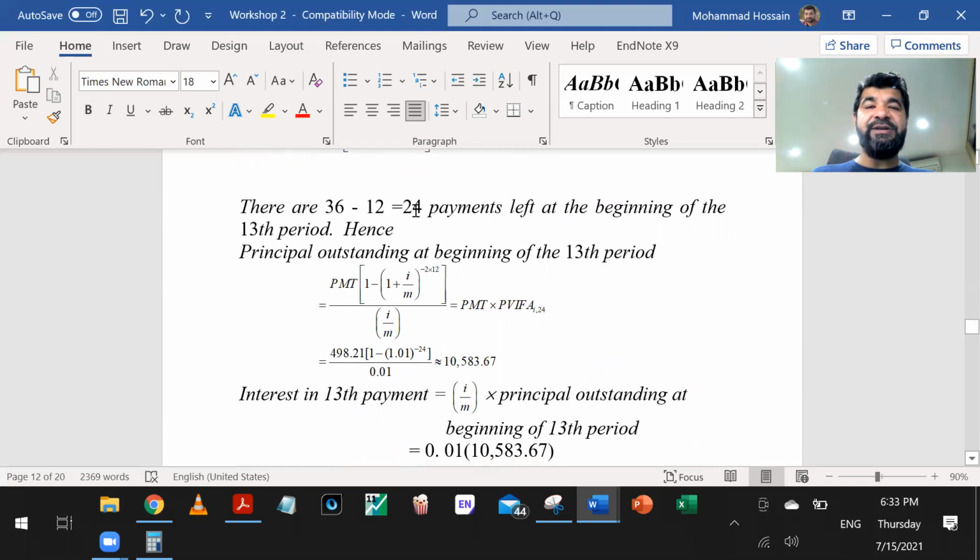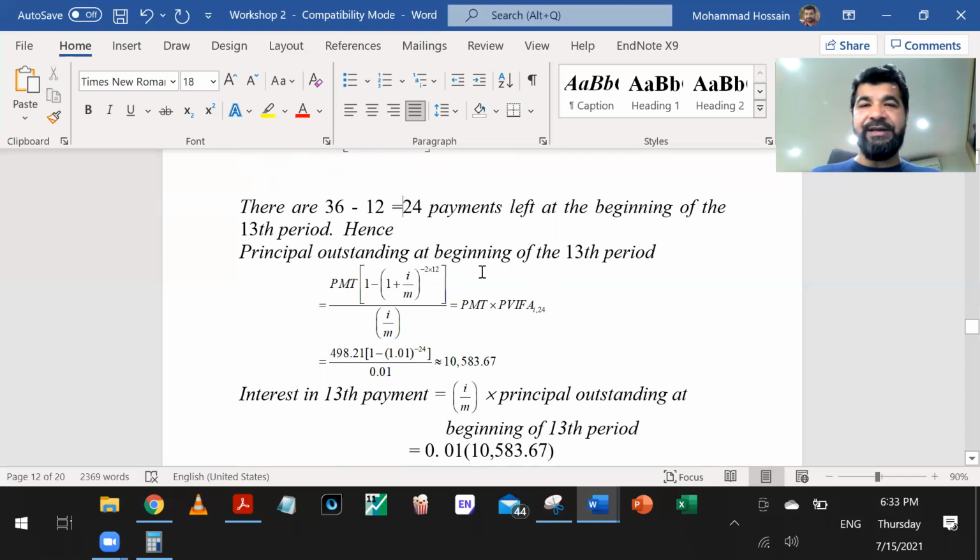So there are 36 by 24. After 1 year, at the beginning of the second year, it means that they have already made 12 payments, because every month they are making the payment. So in 3 years' time, they are going to make 36 payments. So at the beginning of the second year